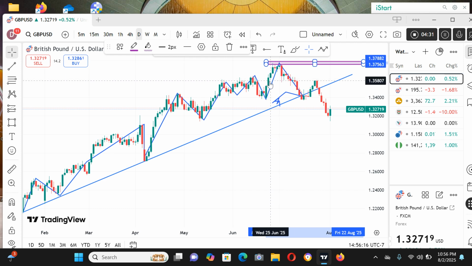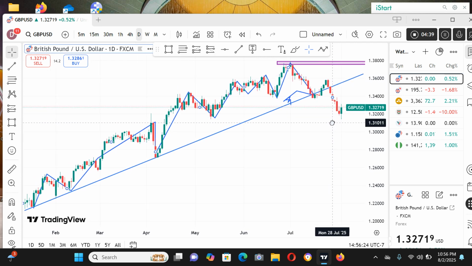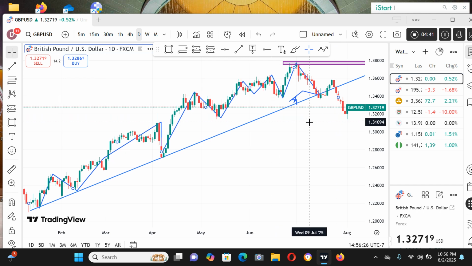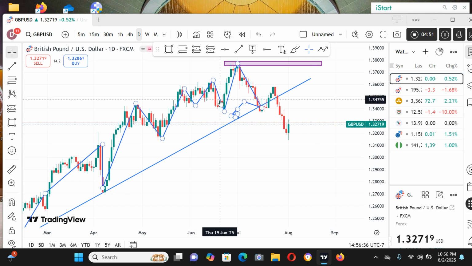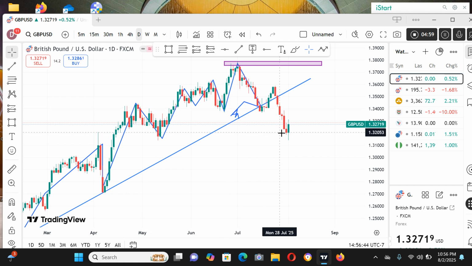But you can see it formed a higher high, higher low, and started forming a lower low, lower high, lower low. It's trying to continue lower low, lower high like that. So we can obviously see that the market has begun to change structure. But we can't conclude until